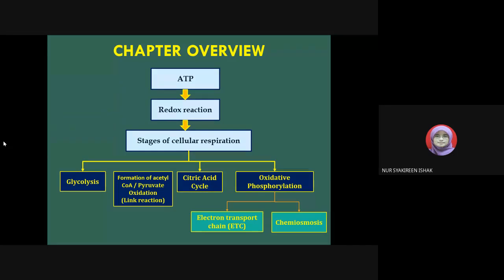Okay, so cellular respiration involves redox reactions, and there are 4 stages of cellular respiration. The first one is glycolysis. Okay, so this is the first stage. For each of these 4 stages of cellular